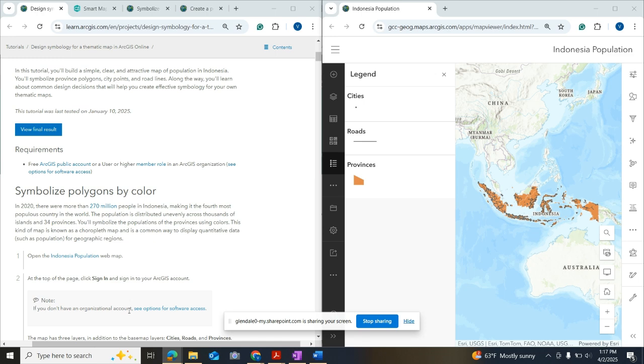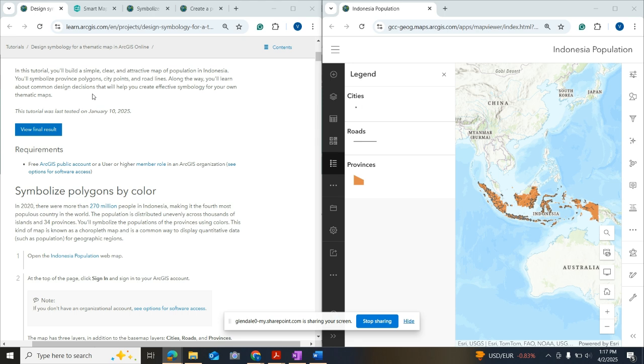So again, we're going to scroll down, but in this tutorial, you'll build a simple, clear, and attractive map of population in Indonesia. You'll symbolize province polygons, city points, and road lines, which are all vector data. And along the way, you'll learn about common design decisions that will help you create effective symbology for your own